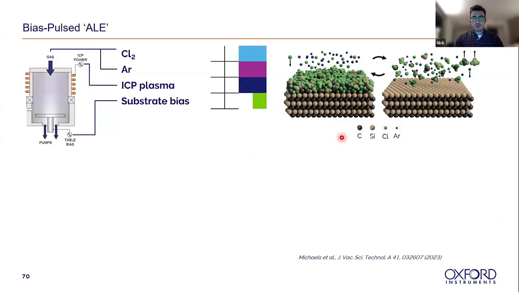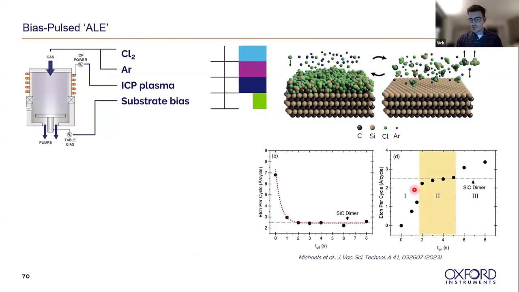In this case, we were looking at silicon carbide and being able to etch this material very quickly. The benefit of silicon carbide is it's got a very high sputter threshold. So if you're not applying the bias, the argon ions don't have enough energy to etch the modified layer. What this means is you can basically cut out your purge and just control your ALE process by switching the bias in. The eagle-eyed amongst you may spot that I put quotes around ALE